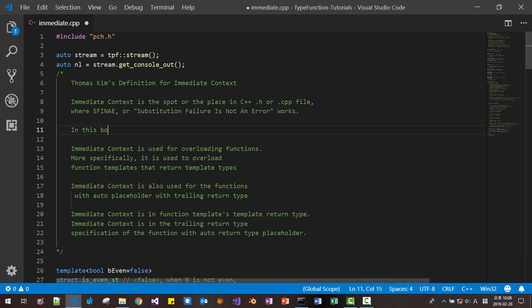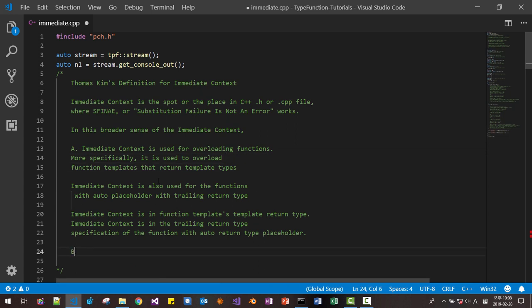In this broader sense of the immediate context, A, immediate context is used for overloading functions. B, immediate context is also used for class template specializations.